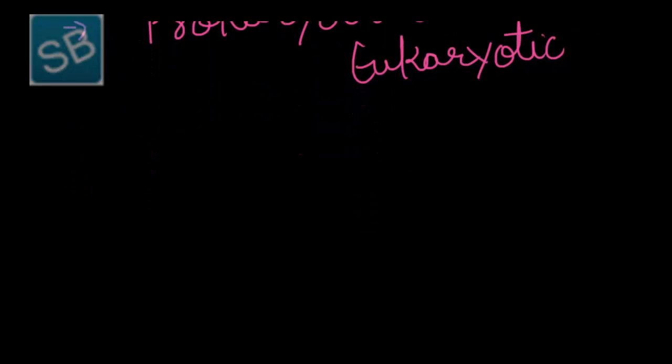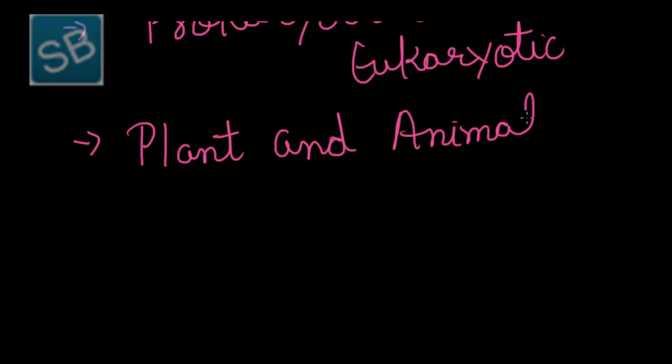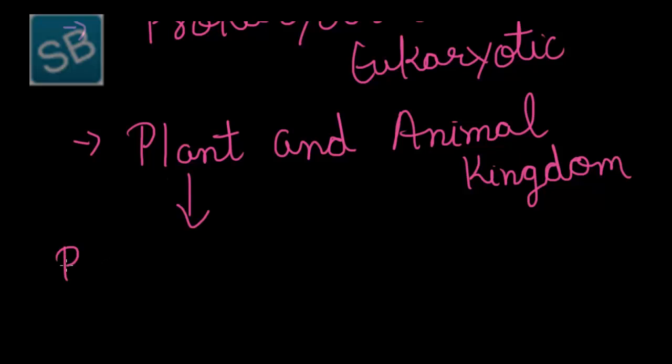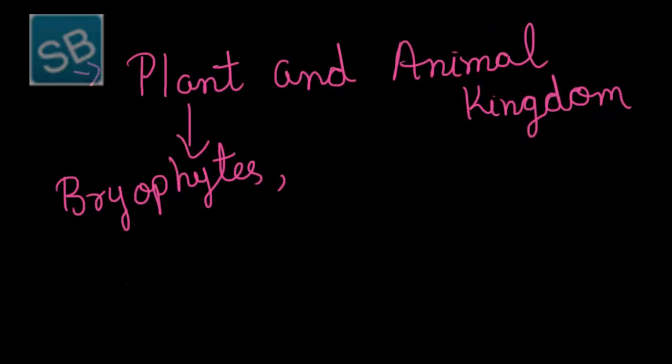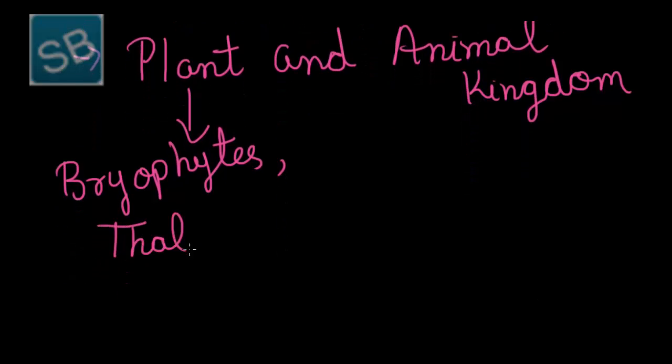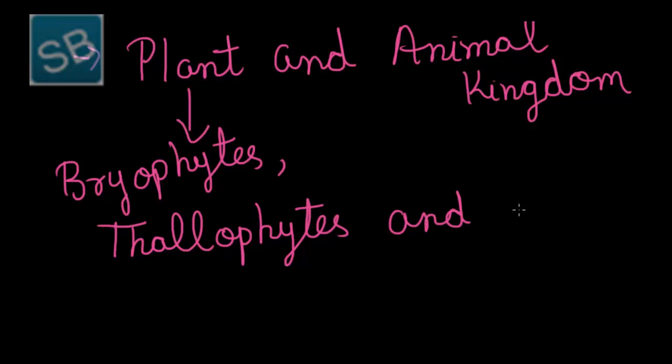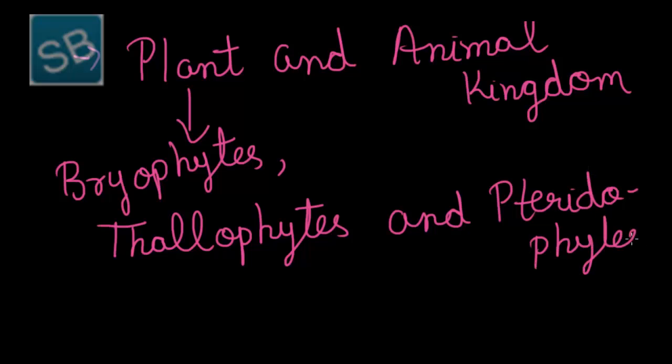After this, the division is made on the basis of phyla or kingdom, where two kinds of kingdom occur, that is plant and animal kingdom. Plants mainly included bryophytes, thallophytes, and pteridophytes. That even included the seed-containing plants. In animals, the kingdom was classified into various types,